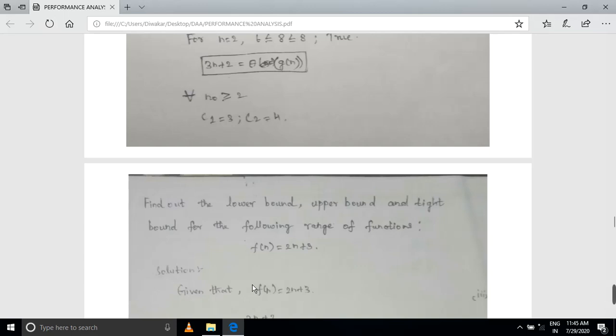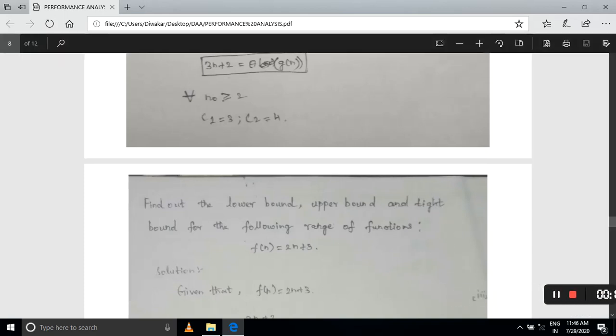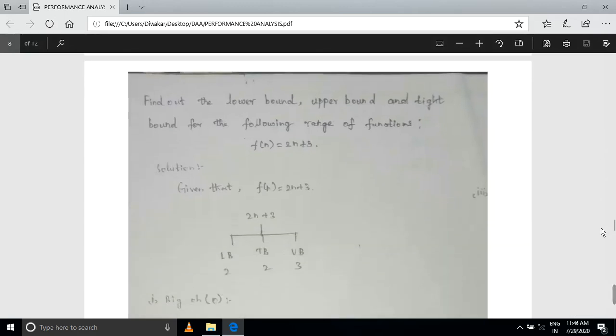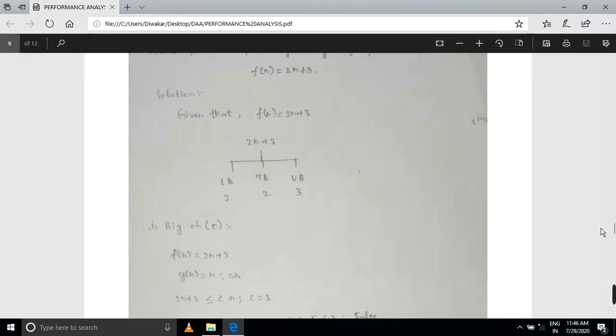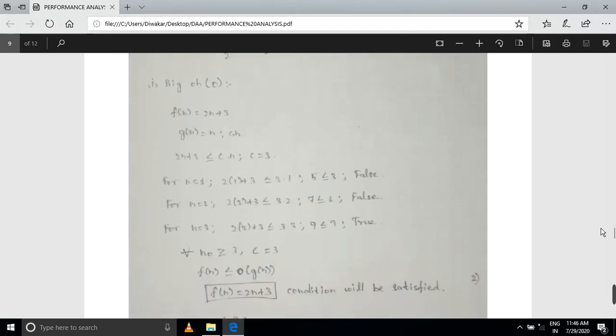If you go through the asymptotic notation, when an individual problem comes, find out the lower bound, upper bound and tight bound following the range of the function. In the same way, if you are asked a 5 mark or 10 mark question, you have to solve the problem. We are continuing in the next class. Otherwise, just follow this one sum also, which we declared, and I will explain it briefly in the next classes.